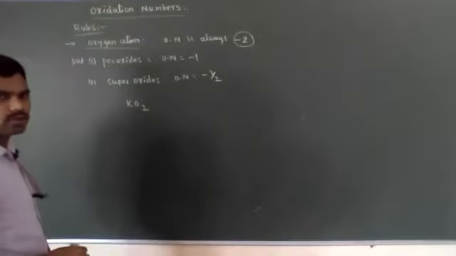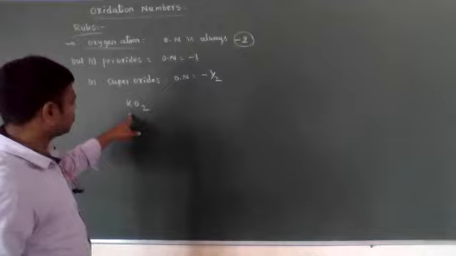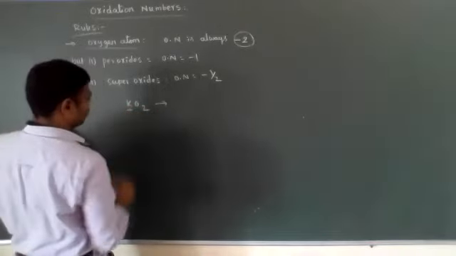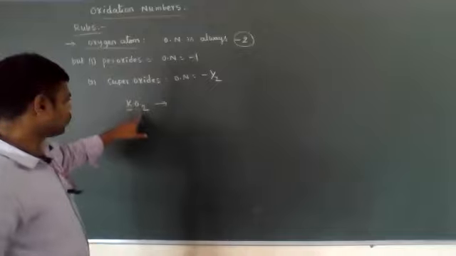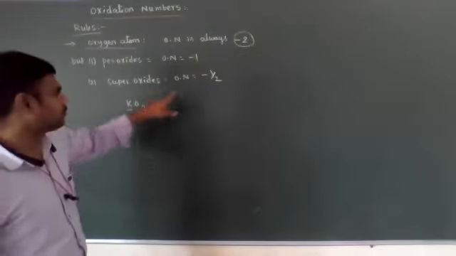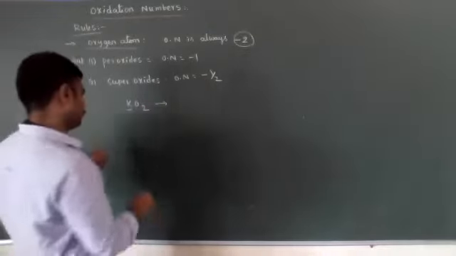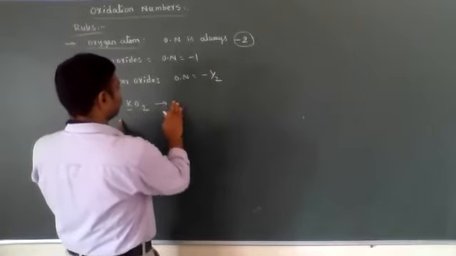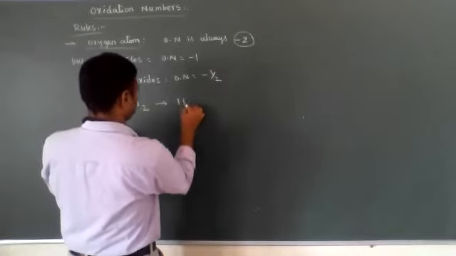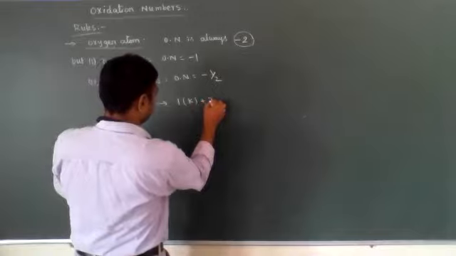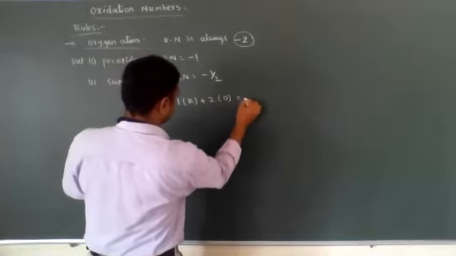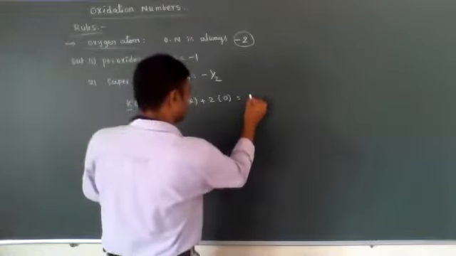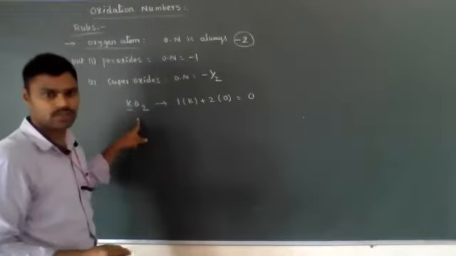Potassium superoxide, KO2. It is a superoxide. If you observe, potassium we know is +1. Two oxygen atoms are present. Each oxygen atom oxidation number is -1/2. How is it? Let's see. Potassium, only one is present. Two oxygen atoms. There is no charge on the molecule. It is a neutral molecule, then the sum of the oxidation numbers is equal to 0.